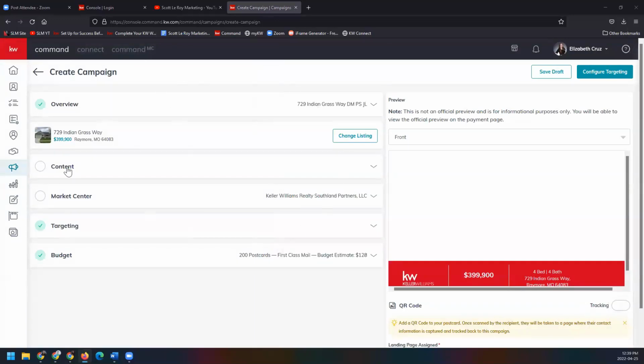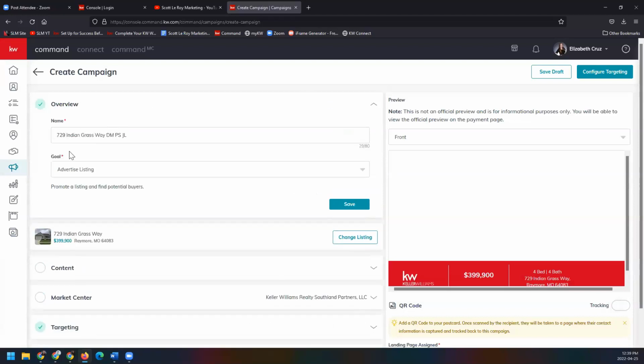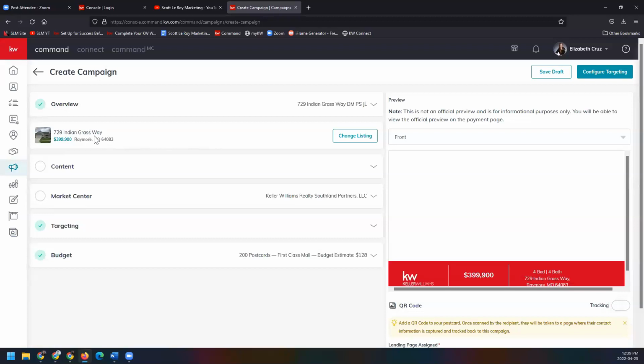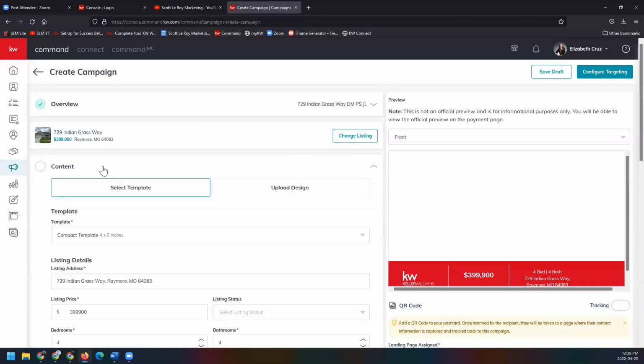You'll have the wizard on the left and the preview on the right. And you'll just go down each section, making sure each section has a green check mark. So you can edit the campaign name and goal, again, if you wish. You can change the listing if you wish. Now, this content section